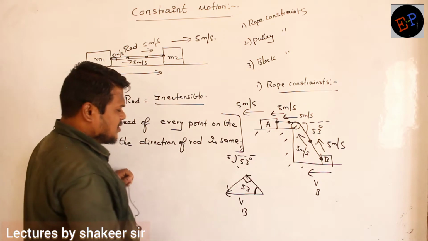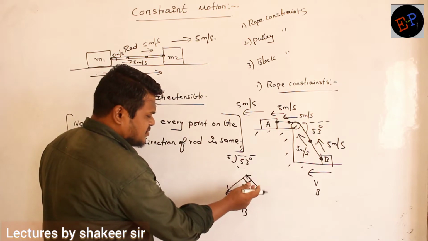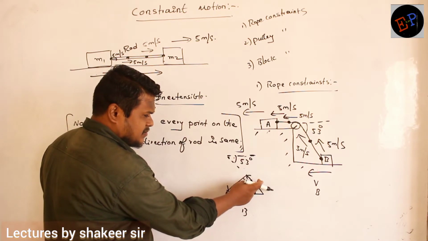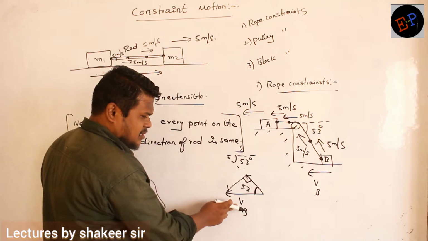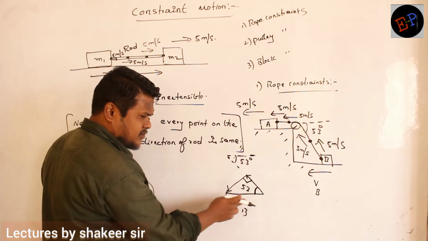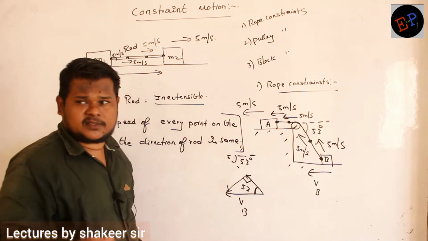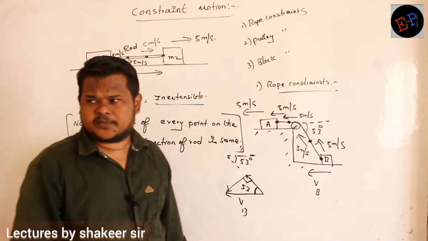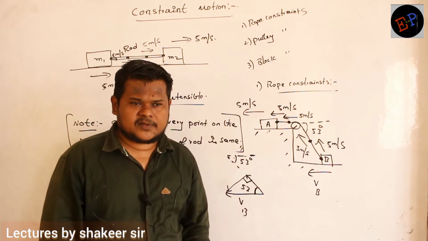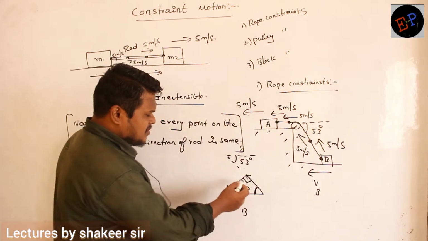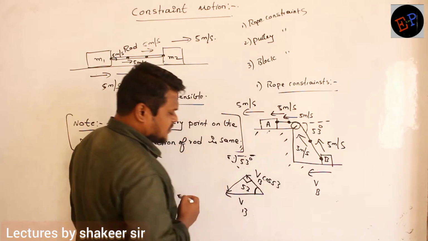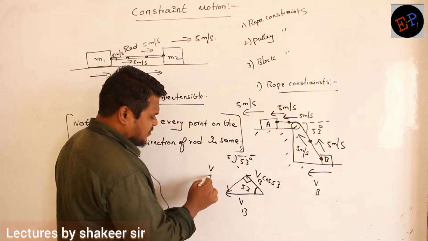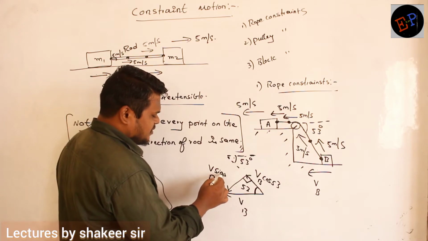Okay. Now to this angle 53, what is this side? Opposite side or adjacent side? Adjacent side. This one? Opposite. This one? Hypotenuse. This is the vector which we are splitting, no? Whatever vector you are splitting, that becomes the hypotenuse also, that becomes the resultant also. Already we have studied, no? Clear, no? So therefore adjacent side will be VB cos 53. Clear? Opposite side will be VB sin 53.